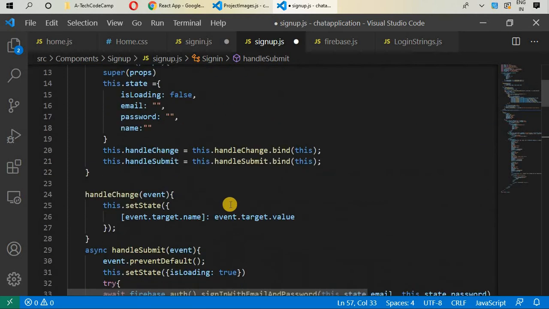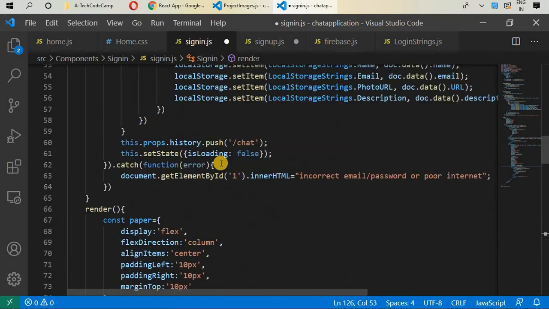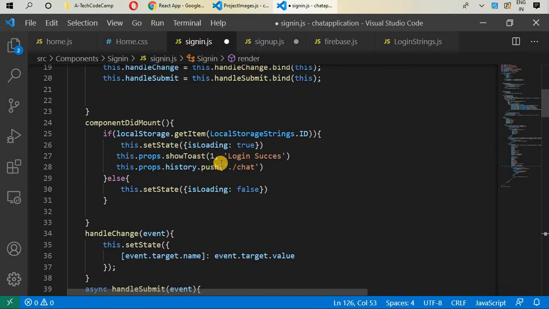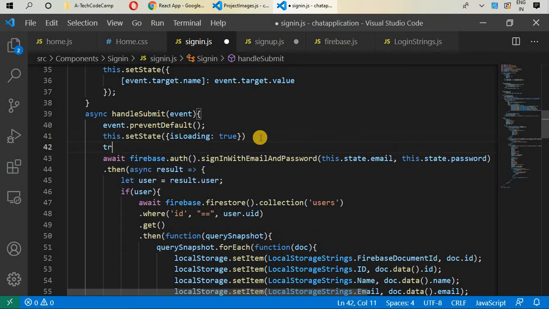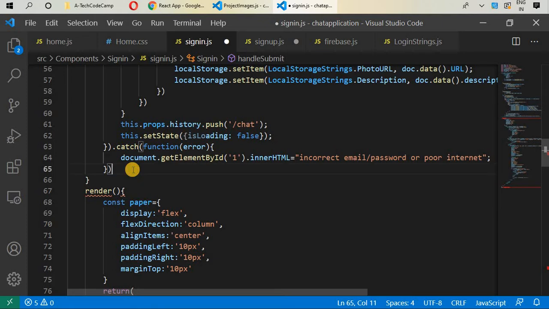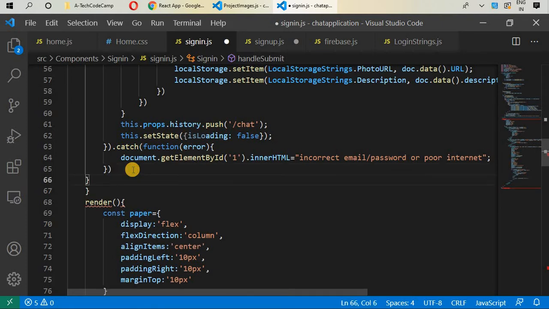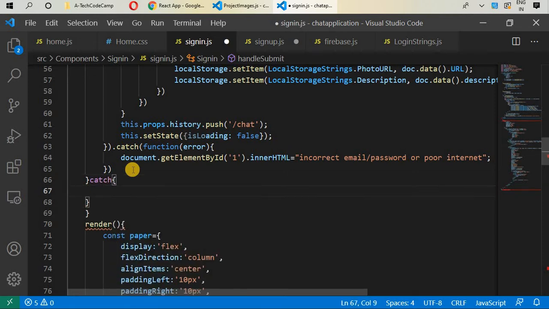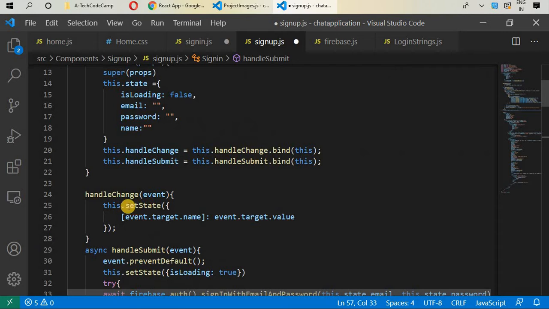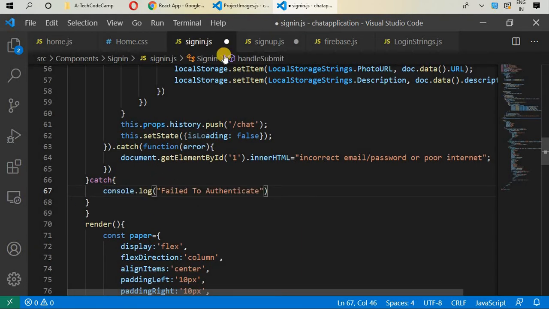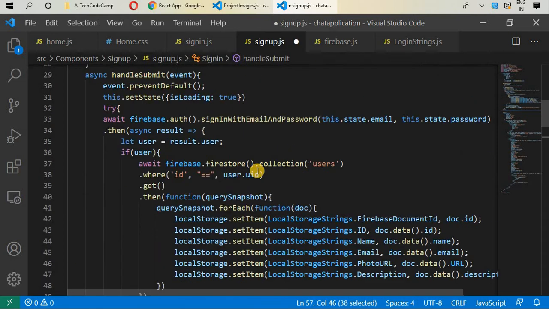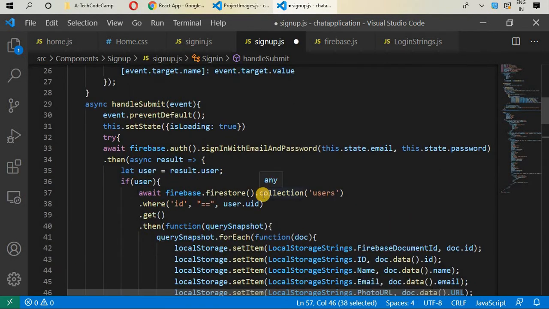Okay, so go above. We need to write same thing inside sign in so that we can get errors. Okay, go here and write try, get in here and catch, and same in case of sign up. Okay, copy and paste, save, go back, and now in here we'll write